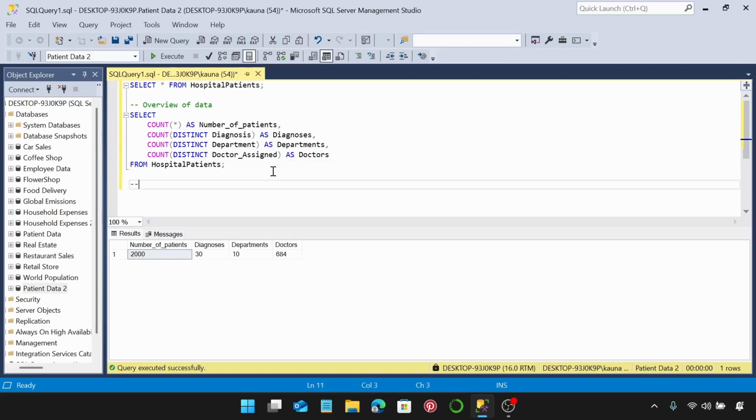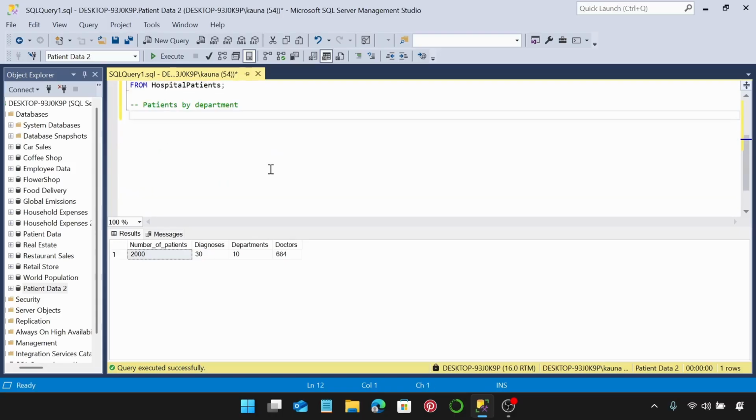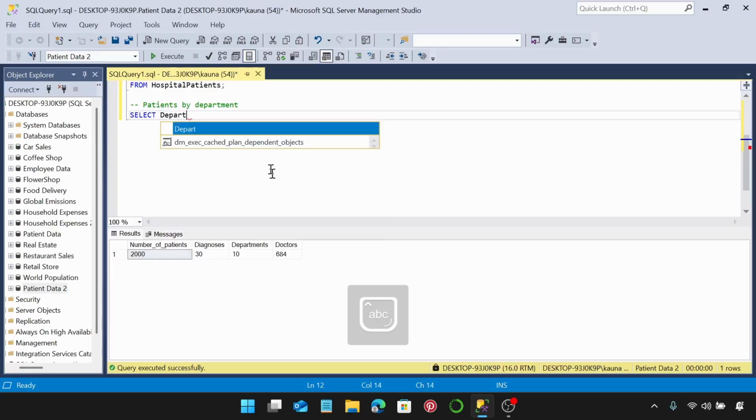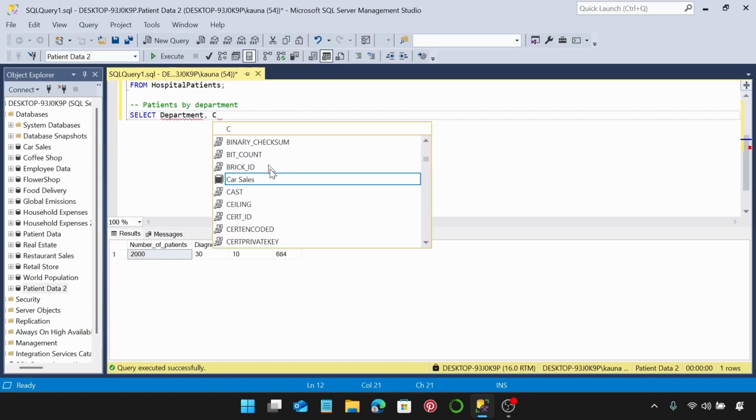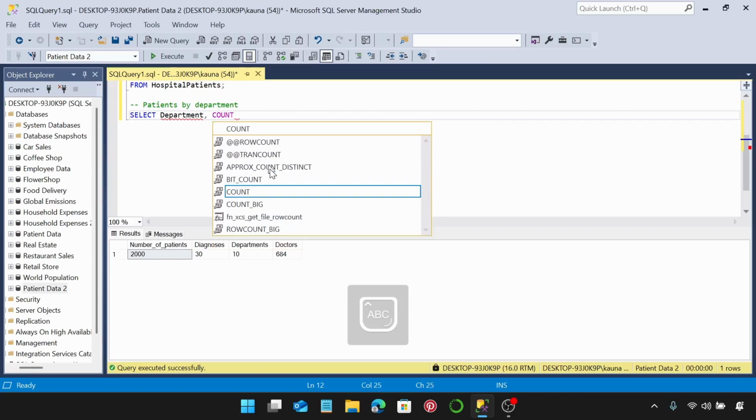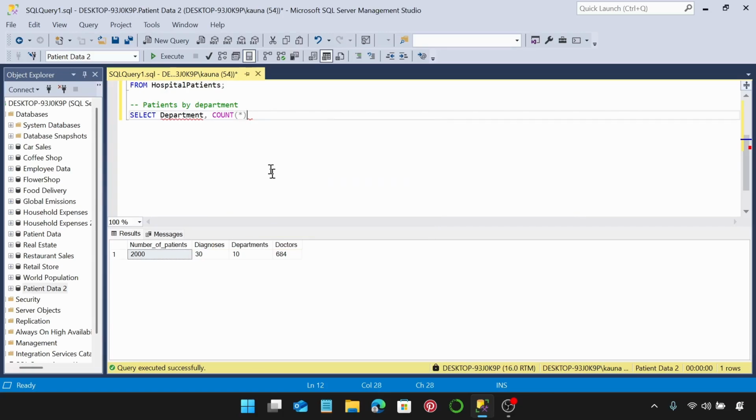So this is going to be patients by departments, and we are going to select the department column, and we are going to do counts as number of patients, and we're going to reference our table